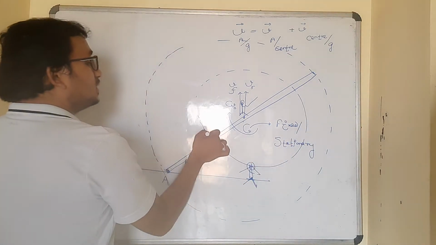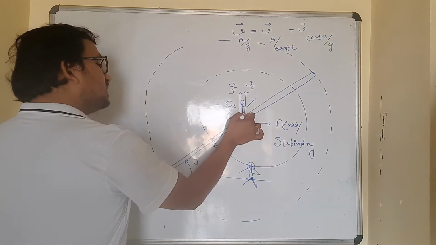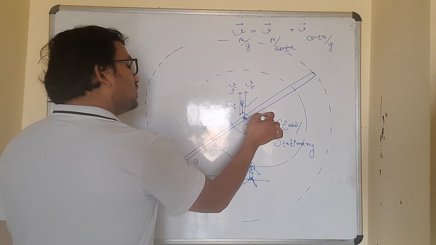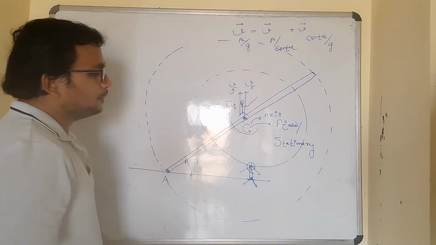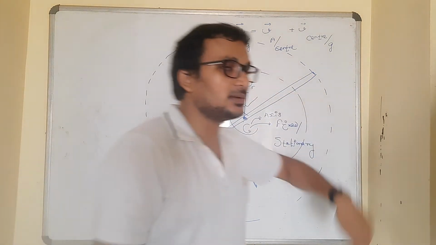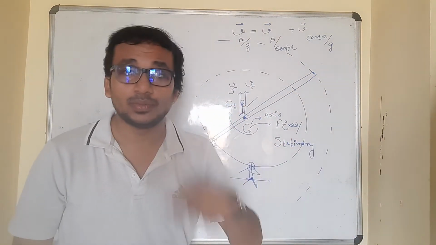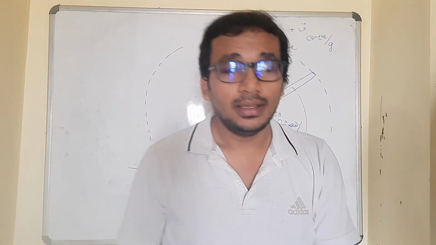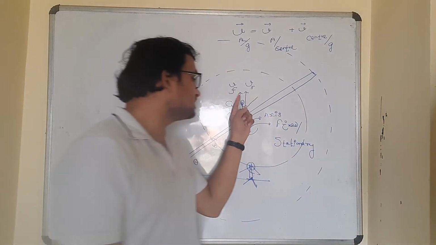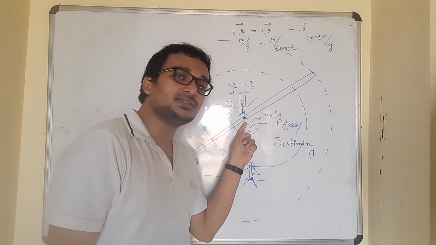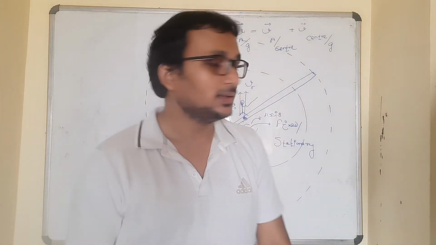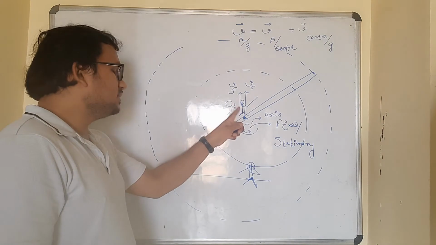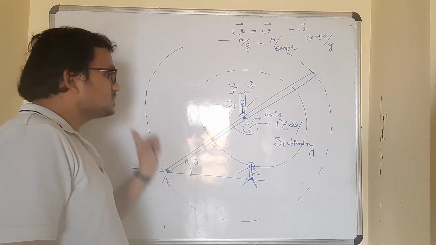With what as the center? With the center of mass of the rod as the center, because the center of mass of the rod is the axis now. So every point of the rod will start moving in a circle as observed by whom? Remember this. As observed by a person standing on the center of mass of the rod only, not by a person on the ground. Clear?